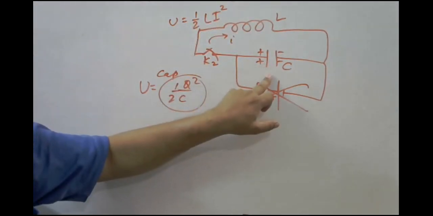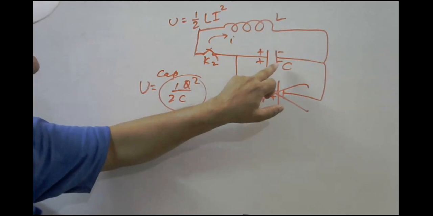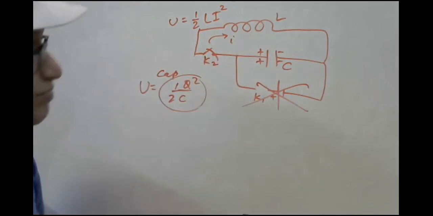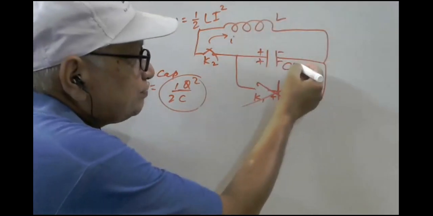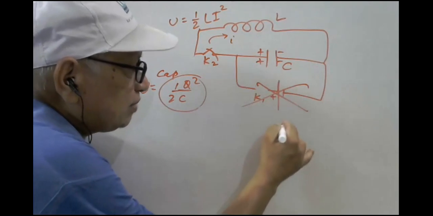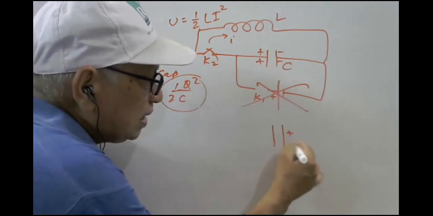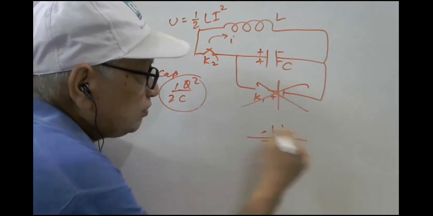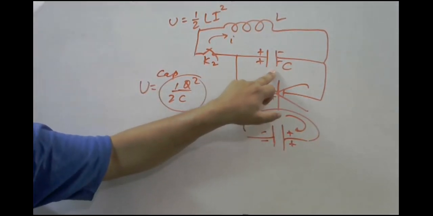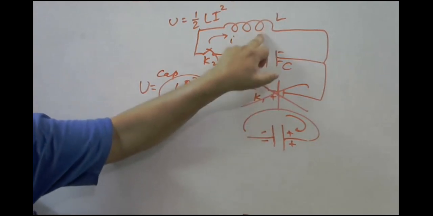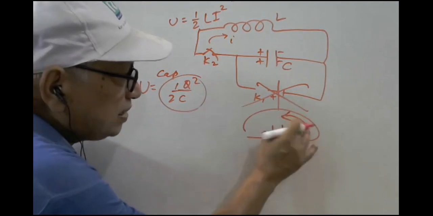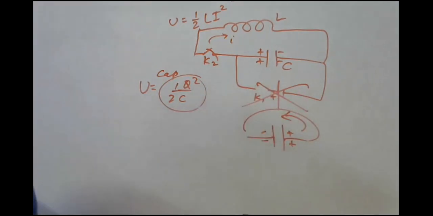After some time, what will happen? The energy of the capacitor becomes 0 and the energy in the inductor becomes maximum. Now this plate will become positive and this plate will become negative after some time. This is the reverse case, because of the current flowing clockwise. So again the energy stored in the capacitor is maximum and the energy stored in the inductor is 0. But because it is now positive, the anti-clockwise current flows in the circuit.